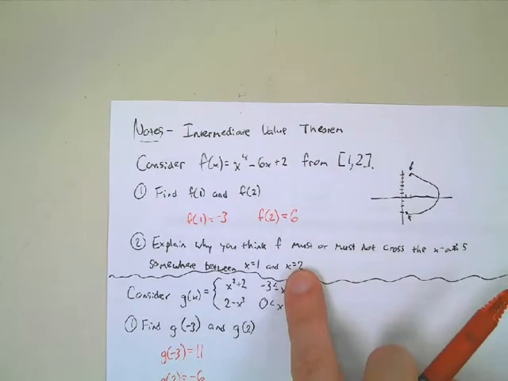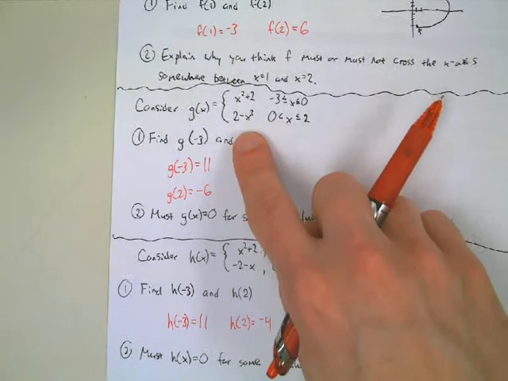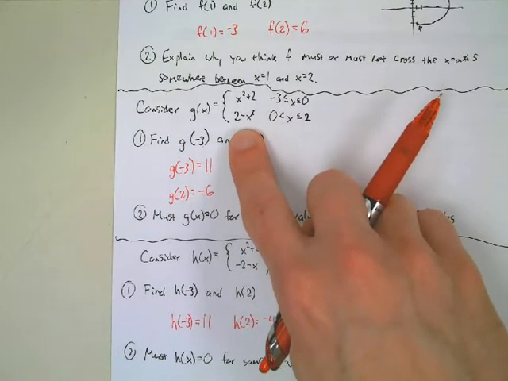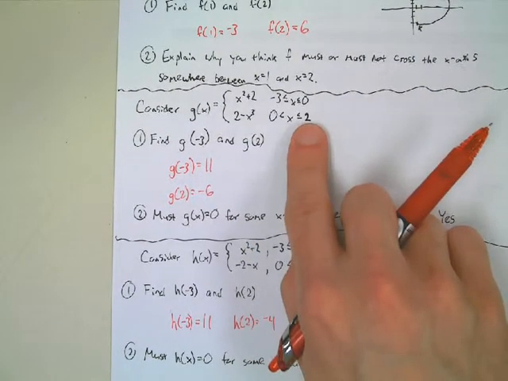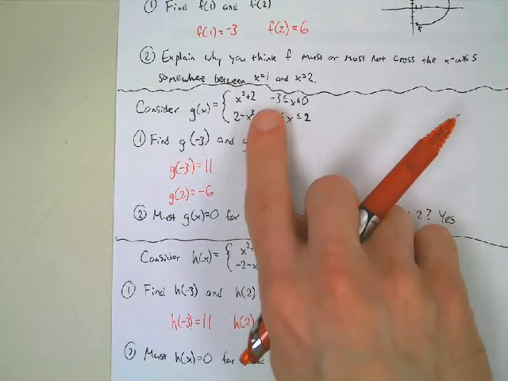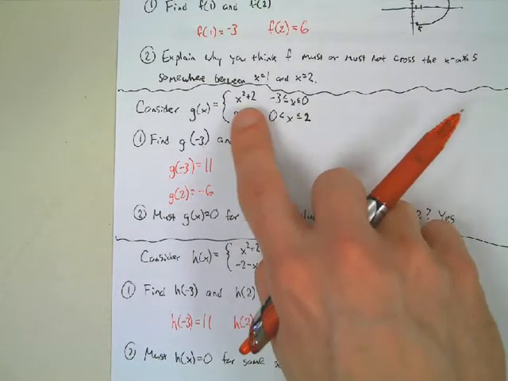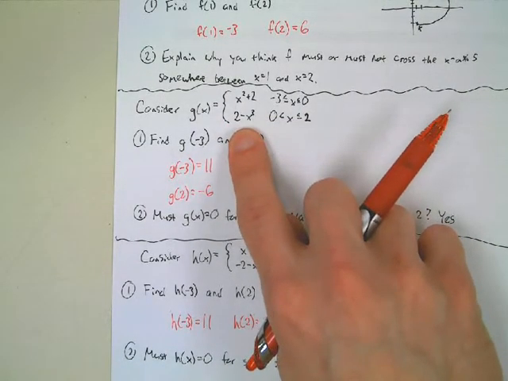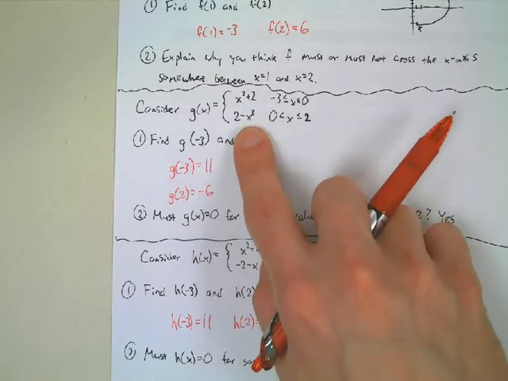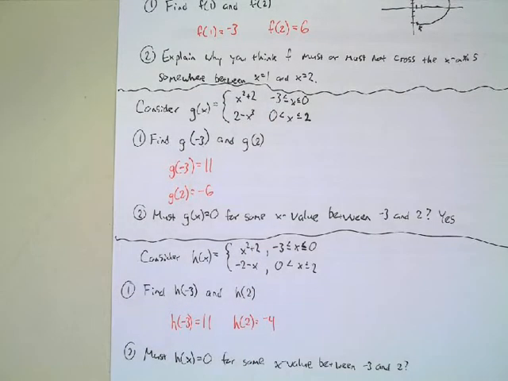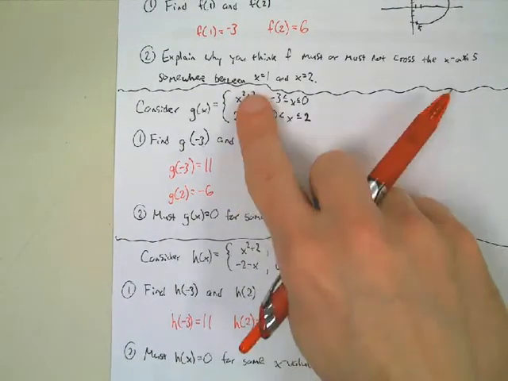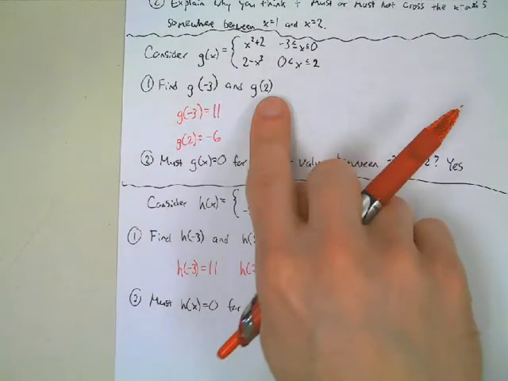Here as well, what was true of this piecewise function? Was it discontinuous on our interval from negative 3 to 2? No, they joined up. At 0, this is 2, and this also has a value of 2 at 0. So these two points join up. There's no jump, gap, break, asymptote, whatever. It joins up, and so we're able to say that yes, it does equal 0 between negative 3